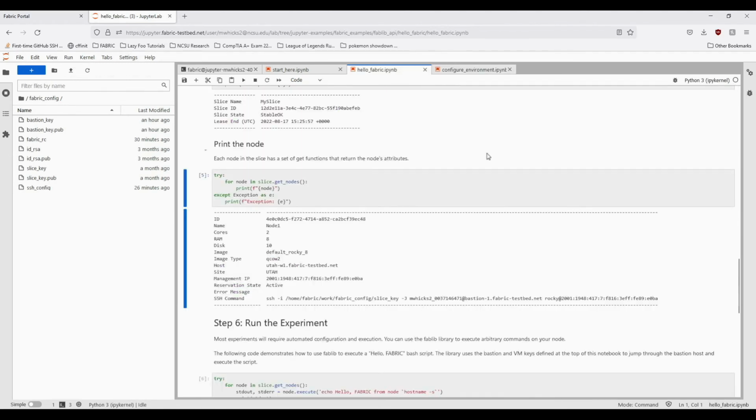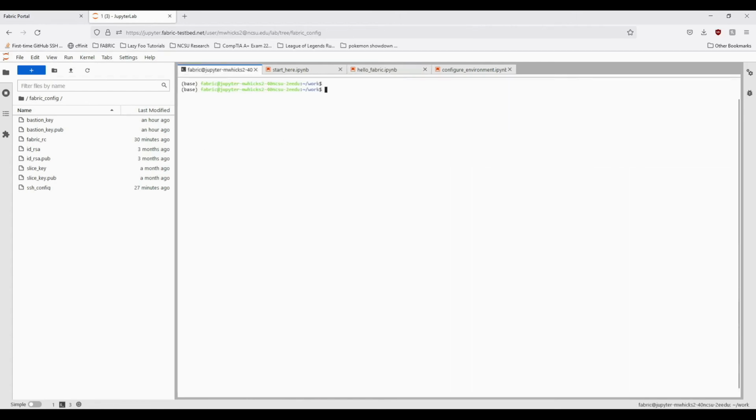In order to demonstrate how to use the SSH config file, I've created a slice using the Hello Fabric notebook, which you can find a tutorial for. And I'll be using the SSH config to access it from the JupyterLab interface's command line. So here I'm going to copy the management IP from my printed node, and then I'm going to go over to my SSH terminal and type